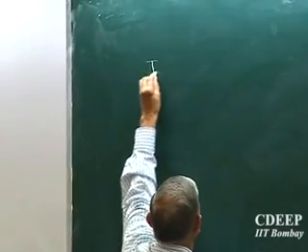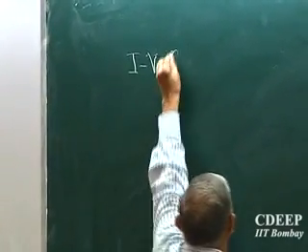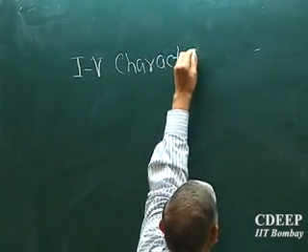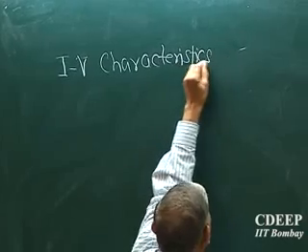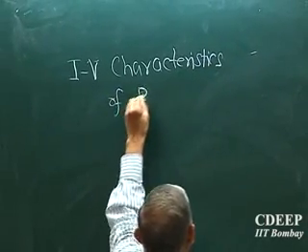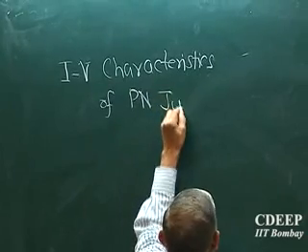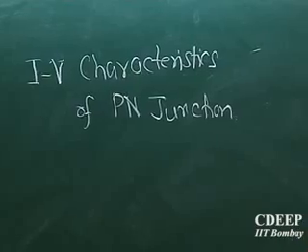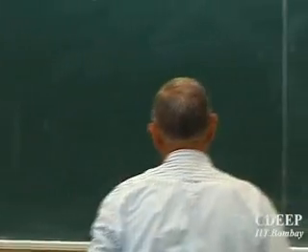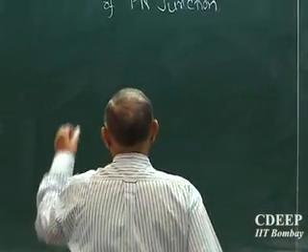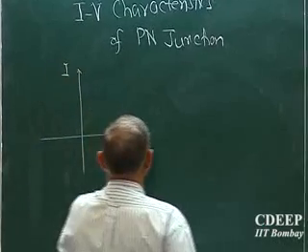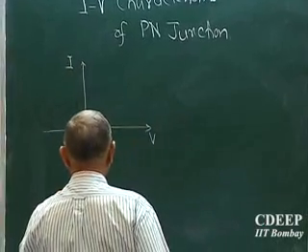We have seen CV characteristics. So now the other property of any device, one was CV, the other is IV, and we are interested to know if I apply bias across the PN junction,